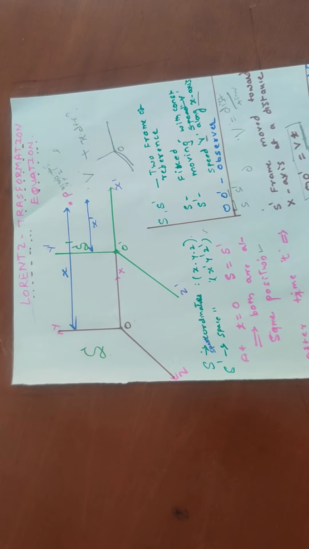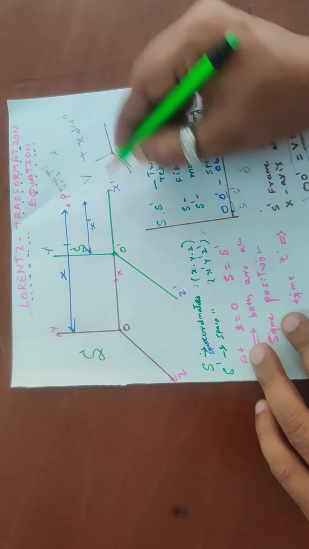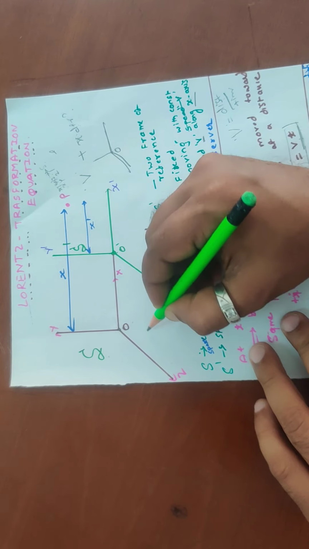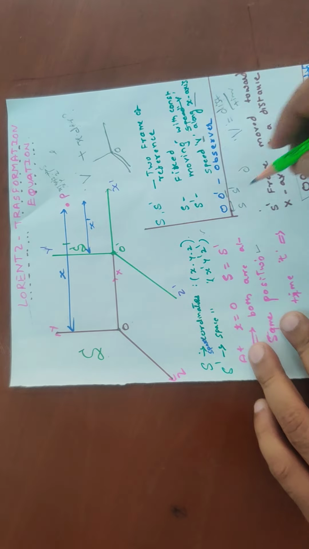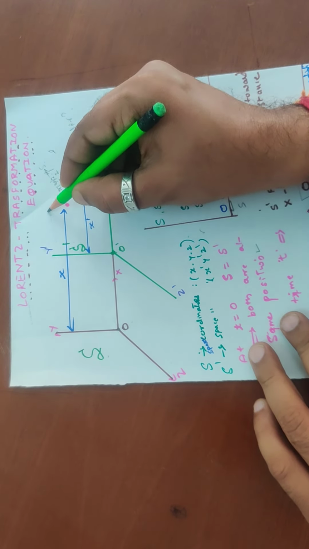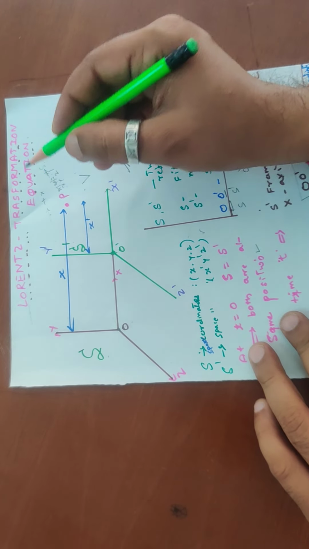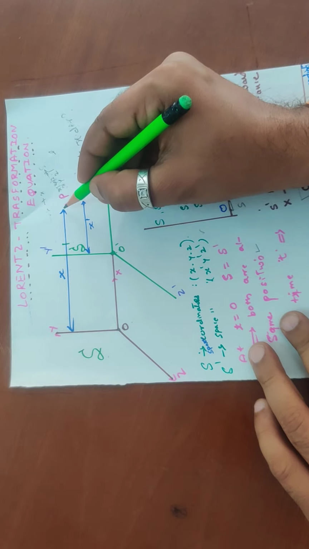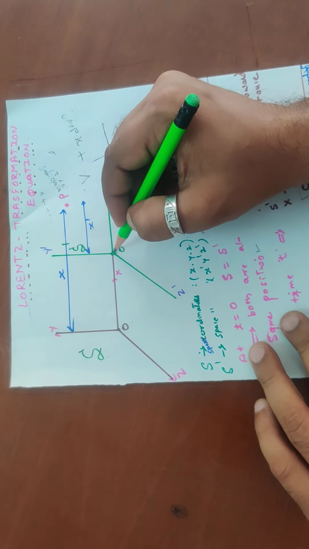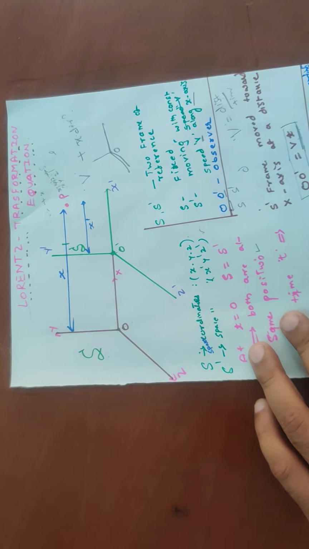So at time t equal to 0, both are at the same coordinates. Imagine this will be here itself at t equal to 0. For a time t, this S dash frame of reference started moving along the positive x-axis, so that it has covered a distance of x from the observer O, and it has covered x dash from the observer O dash after a time t. Got it?